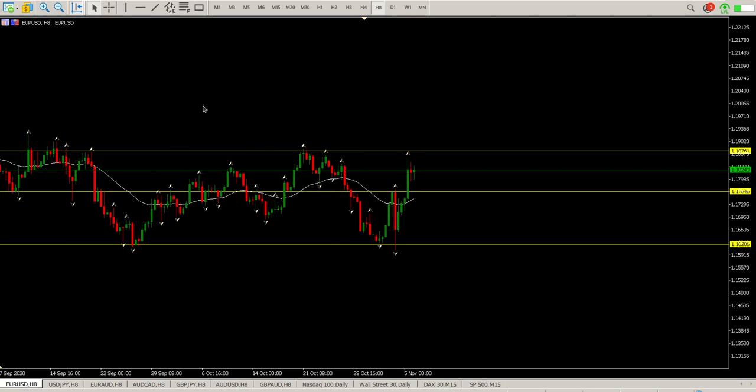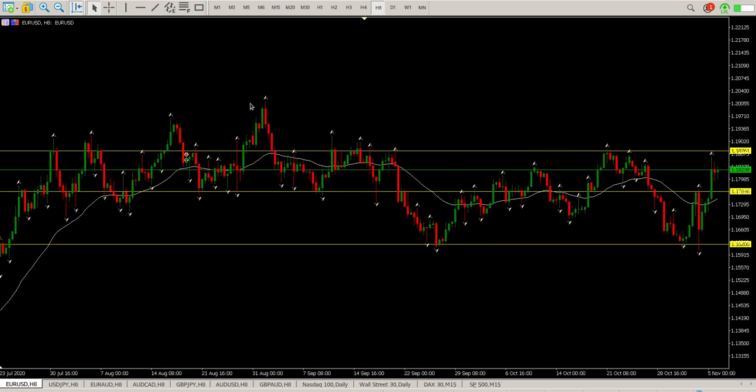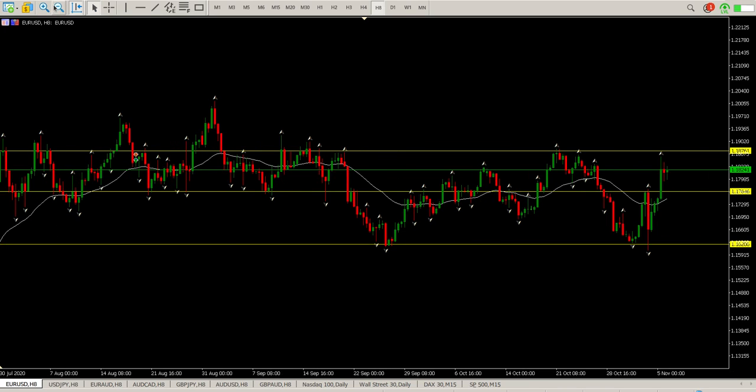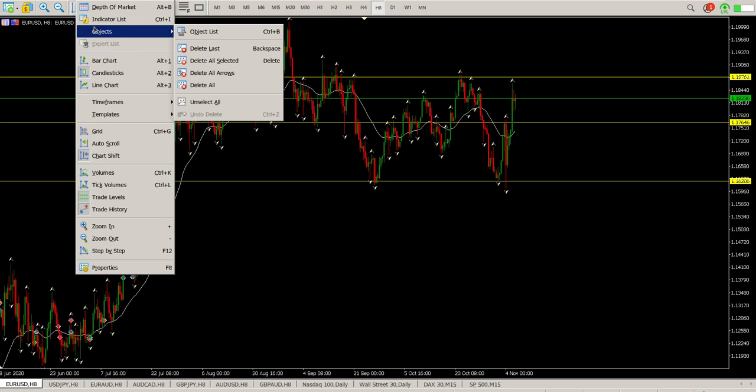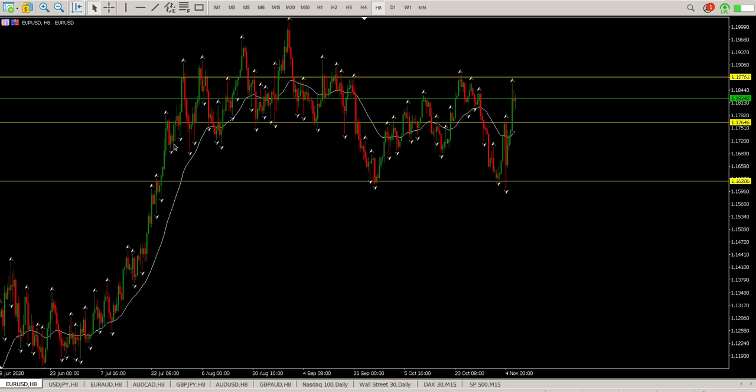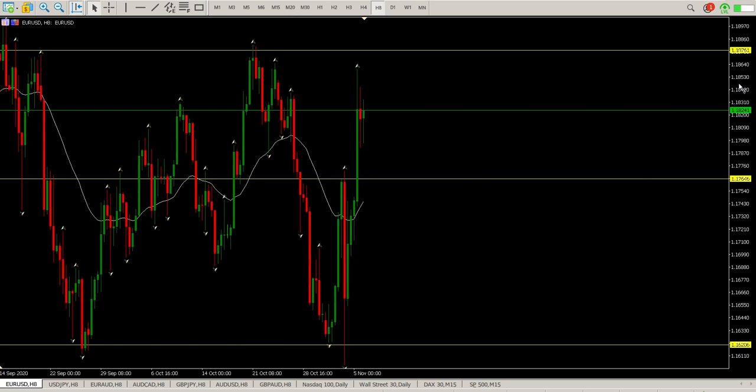So as usual, starting off with EurUsd, we are very much still in this range, and you can see it's a pretty well defined range. If I zoom in, you'll see a strong move up and then a move to the right. So I just want to get rid of all these arrows. Okay, so it's going sideways, but, and this is a big but at the moment,